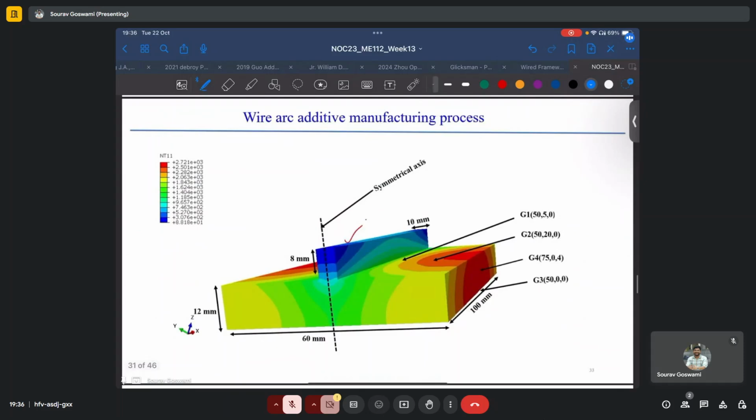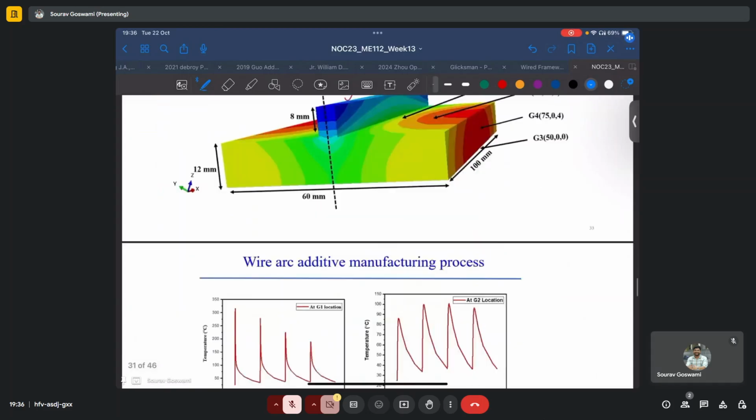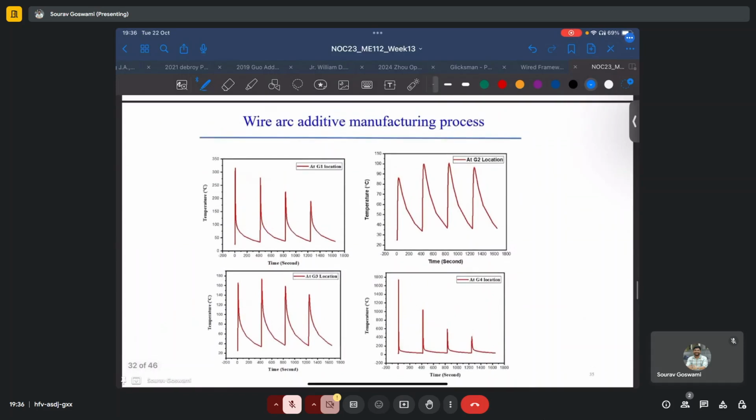Here we are also seeing certain examples of a simulation of the wire arc additive manufacturing process, and here we can see the various temperature contours. So this may be at some intermediate time step, and we are seeing how the temperature distribution is really symmetric about this symmetric axis. And so realistically, we can only simulate half of the solution domain and our results will be valid. Also, certain nodes have been chosen at these various positions defined by G1, G2, G3, and G4. And we see that at each node, the temperature profile is significantly different from the other, such as